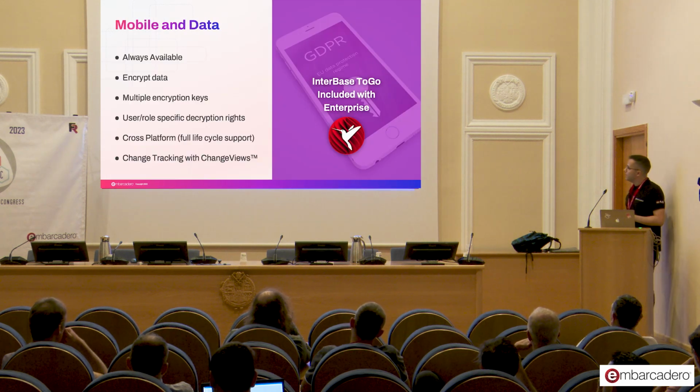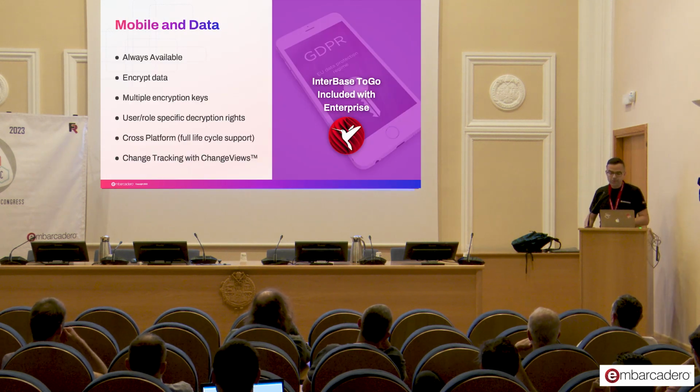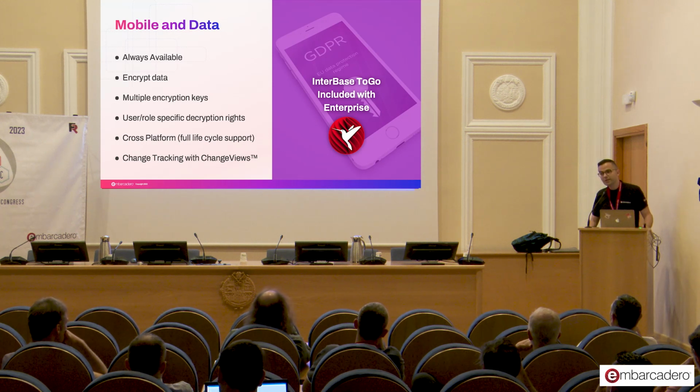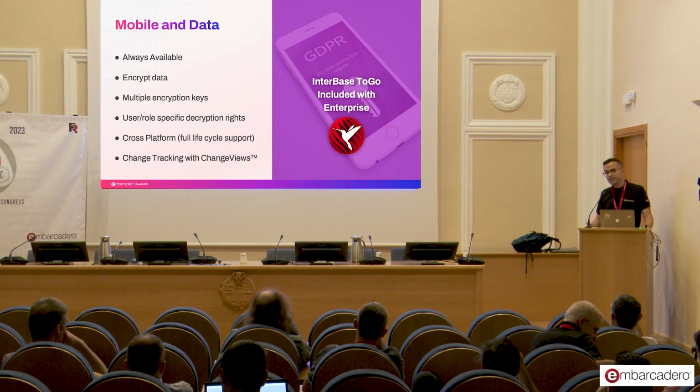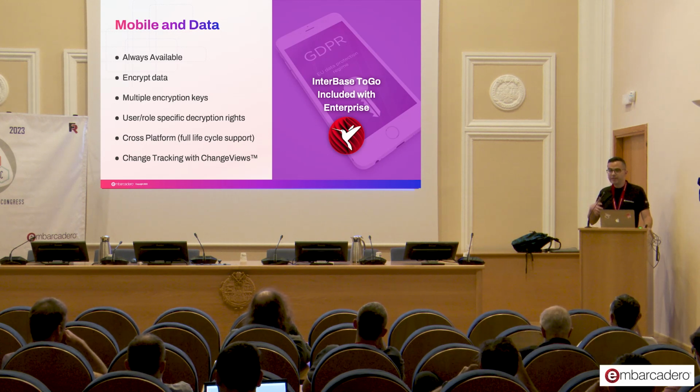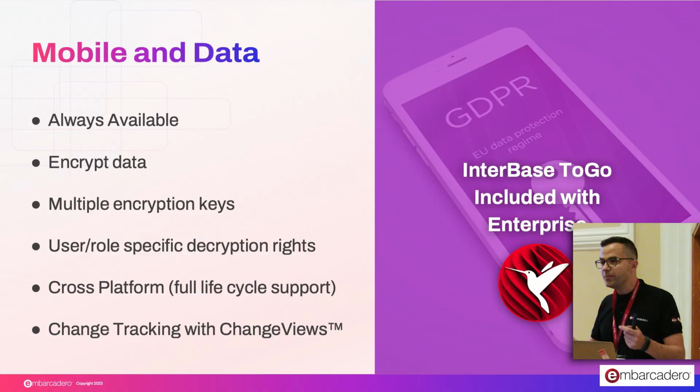I also wanted to point out that we have InterBase ToGo, which is a brilliant solution in case you need to store information in your application. Because after all, your application is going to need to cache some data locally on the phone. And yeah, you can use an XML file or a JSON file, but what happens if you need a quite decent amount of data? You're going to need some kind of database to store all that information. And that's where InterBase ToGo lands very nicely, because it's an embedded solution.